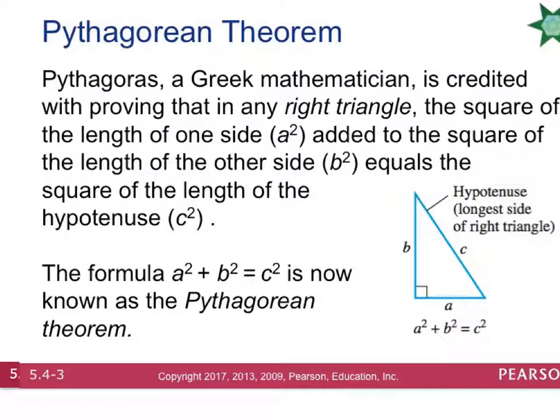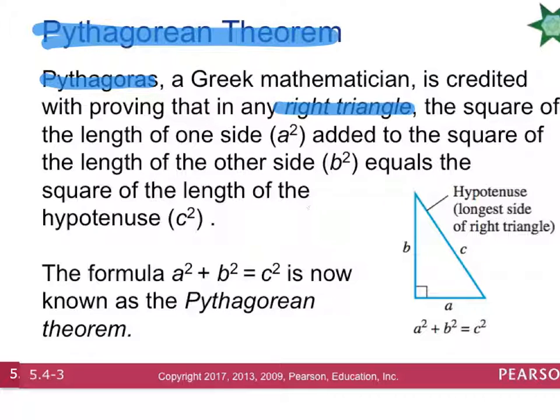This is Math 131, section 5.4. We're going to start by talking about the Pythagorean theorem. Pythagoras was a Greek mathematician, and he was saying that in any right triangle, that is a triangle where you have a right angle or a 90-degree angle on one side, one angle,